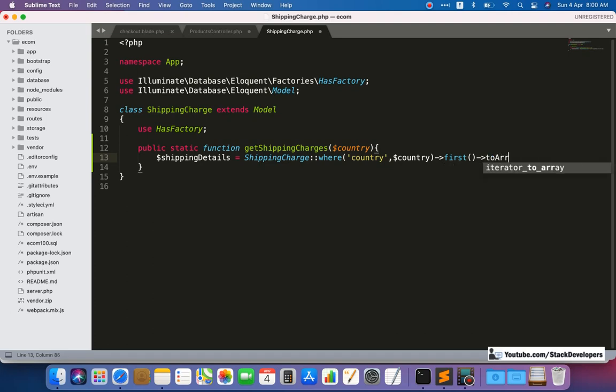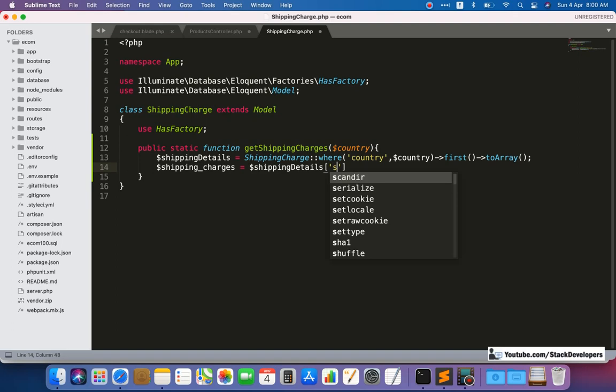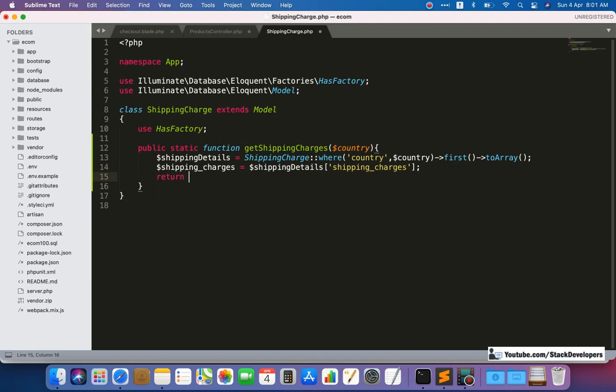We can convert to array as well, and here we are going to check the shipping charges of that country. Like this, and this shipping charges we are going to return. So we are getting the shipping charges from the shipping charge model for the specific country.